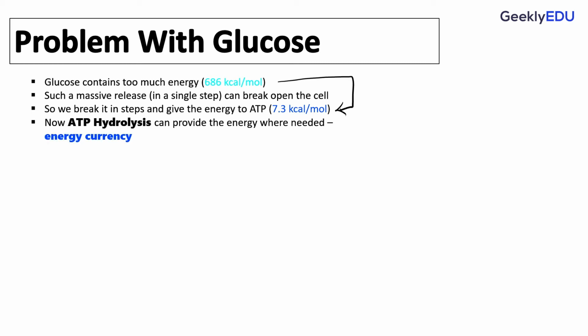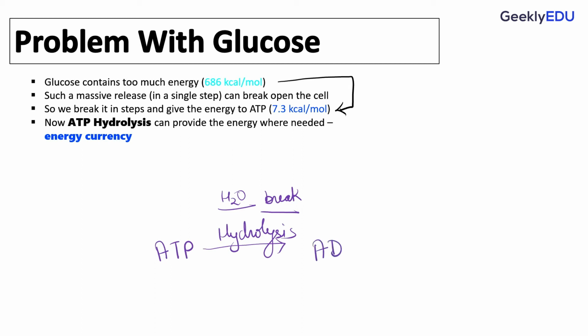Then you break this ATP, adenosine triphosphate, three phosphates, with the help of water, hydrolysis, always hydrolysis because you break it. Lysis means you are breaking. Hydro means in the presence of water. You're breaking this and you're pulling one phosphate apart, and that is the one thing that is causing a net release. 7.3 kilocalories. In most of the textbooks, you'll see a minus sign written after that because we want to signify that the energy is being released.